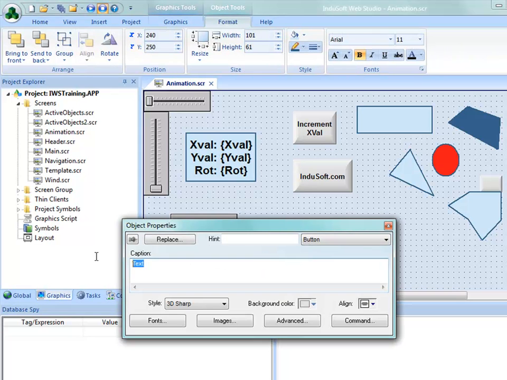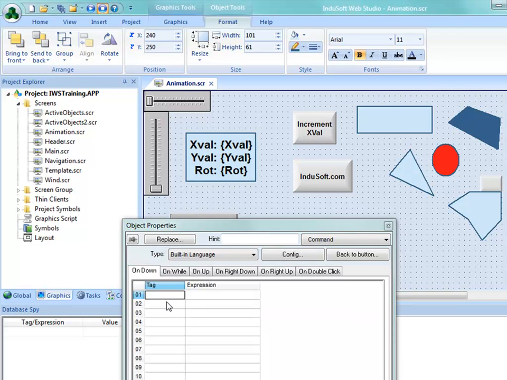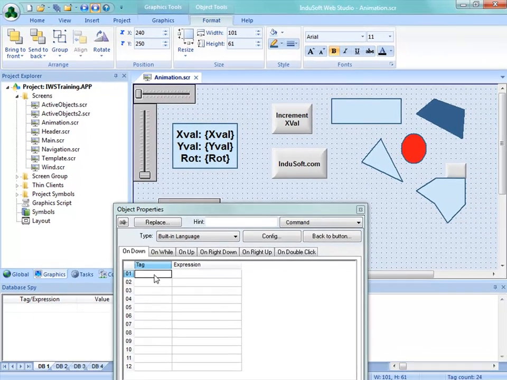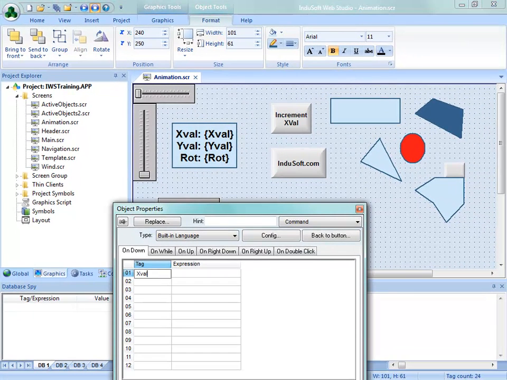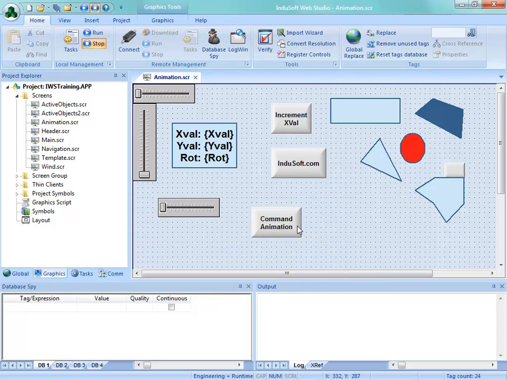In this case, just to give you an example, I will put a piece of text on here that says command animation. And we will add, let's see, what can we do? We can do something similar to what we did before with the incrementing values. We'll do xval, and we'll increment that. Let's just do it a little bit different. In this case, we'll do xval times 2, let's say. Add a little bit different expression in there. And now that I have that,